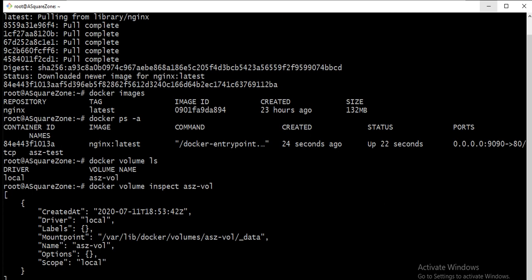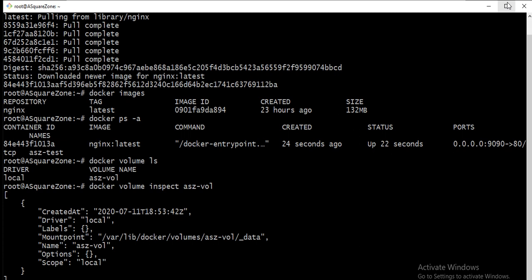Here we can find the mount details as well. To verify the volume was created and mounted correctly, we can use the docker volume inspect command. It shows the mount is a volume, it shows the correct source and destination, and that the mount is read only.